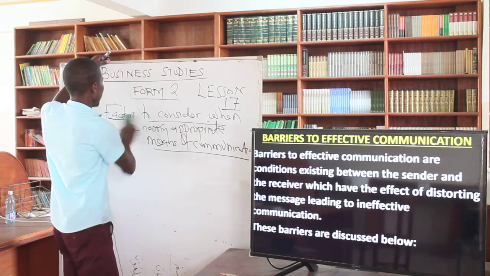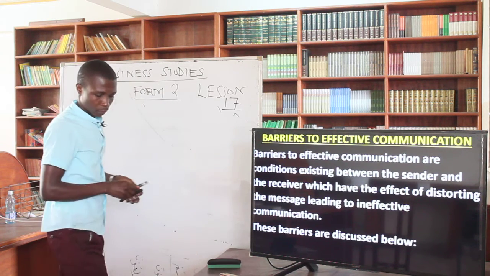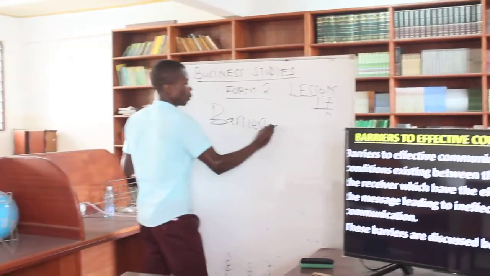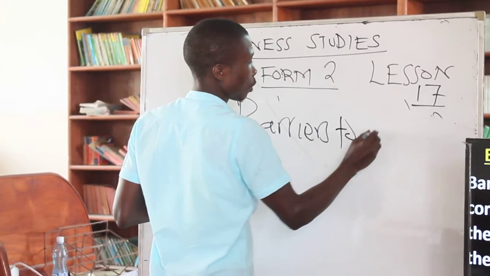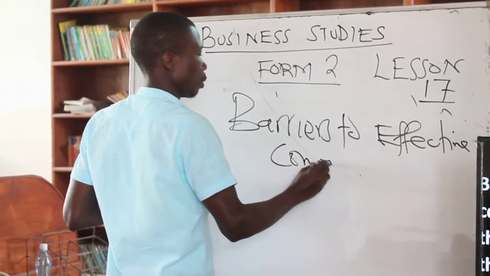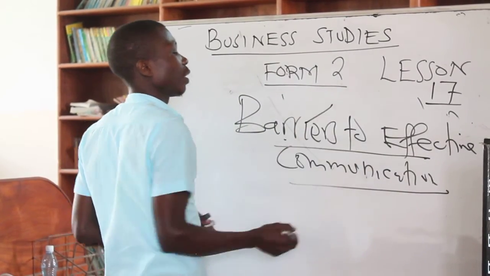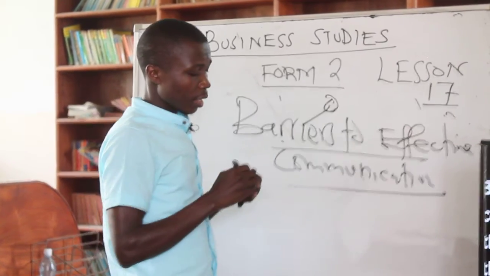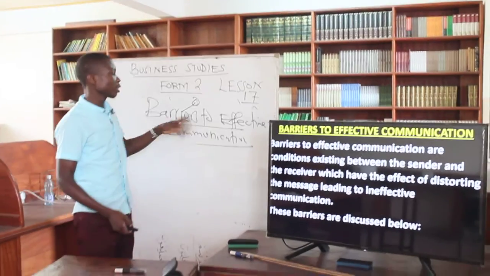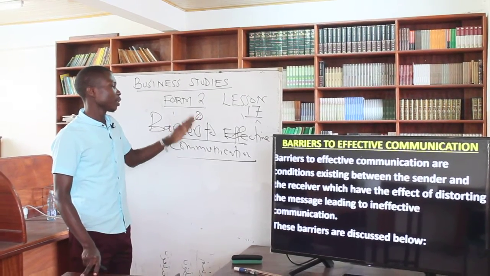What I wanted to talk about here now, we're talking about what? The barriers. Barriers to effective communication. We talk about barriers. These are limitations that always appear in the communication to make it not good, to put some of the challenges that always come